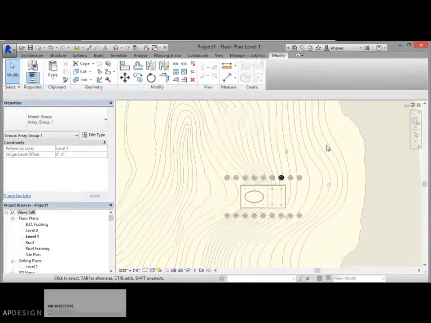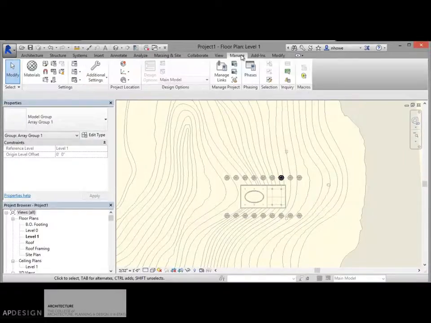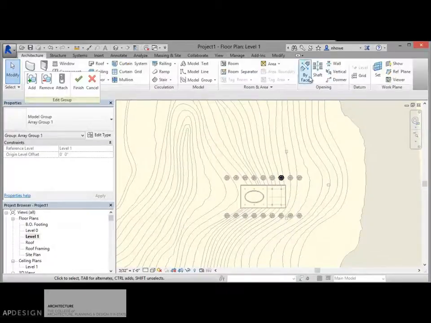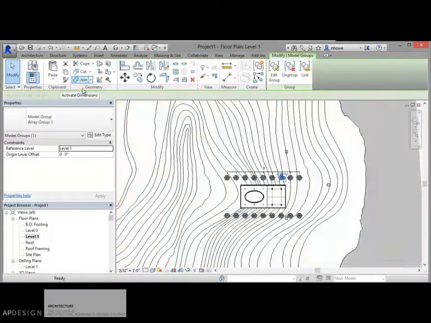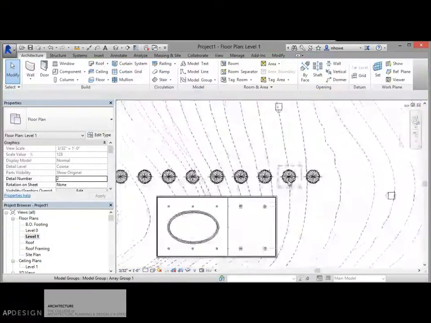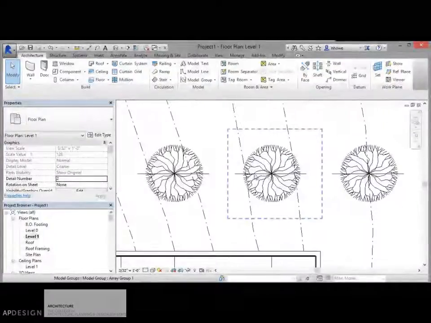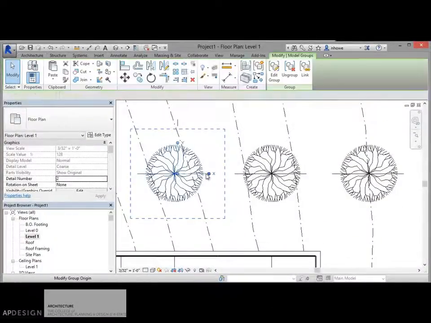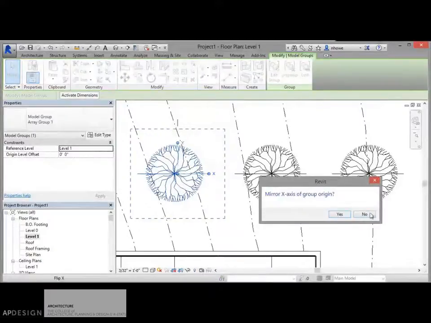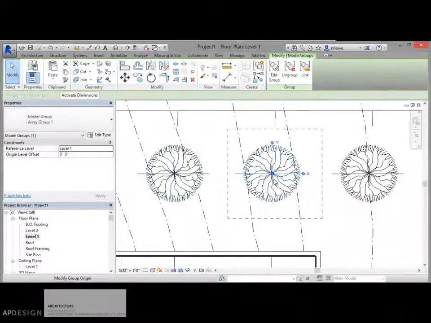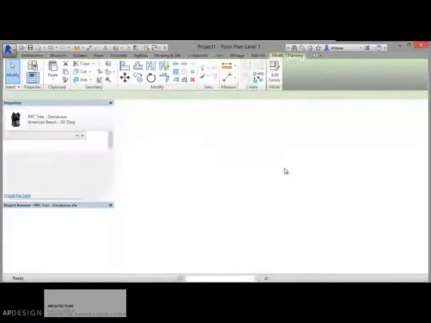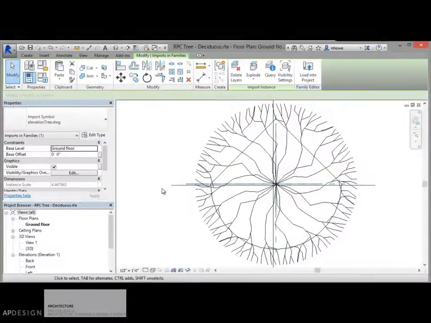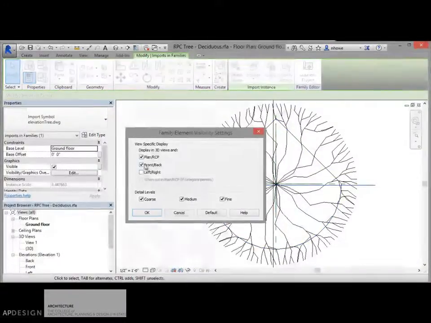Let's see, I need to get out of group. When you're working in a group, you have to come on and finish it. Kind of like when you're working in a mass. So that should finish it. So now, the one thing I might want to change, it looks like, do one more edit. It looks like in plan I would rather not see this, so I'll turn that off in plan